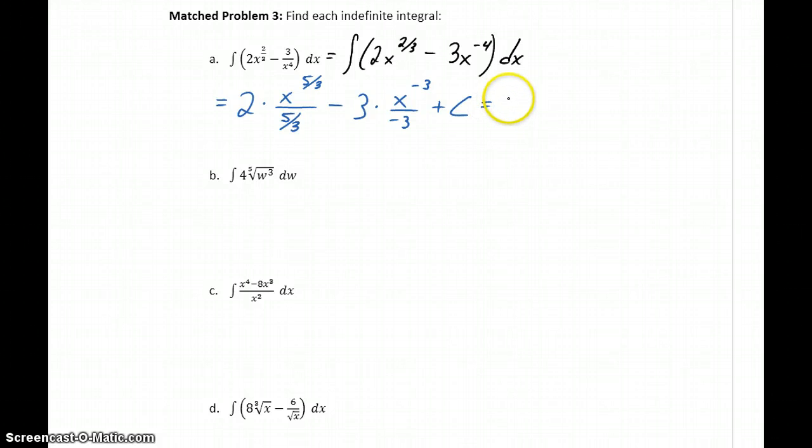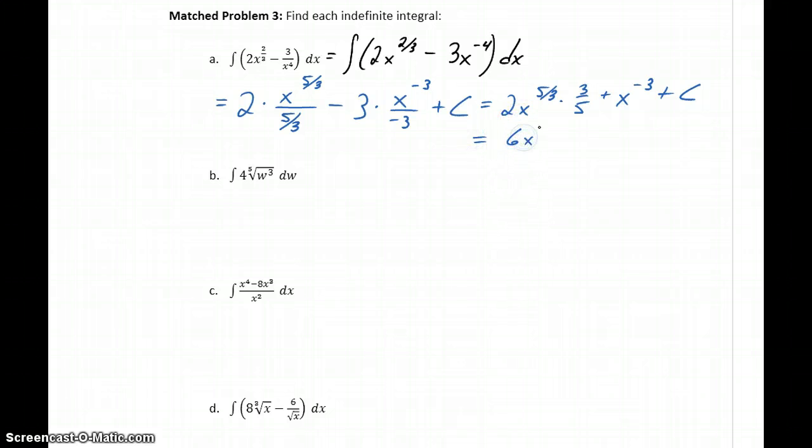So that's going to be 2x to the 5/3. Dividing by 5/3 is the same thing as multiplying by 3/5. 3 over negative 3 is going to cancel and leave us with negative 1, so our two negatives will cancel out to give us plus x to the negative 3rd plus c,